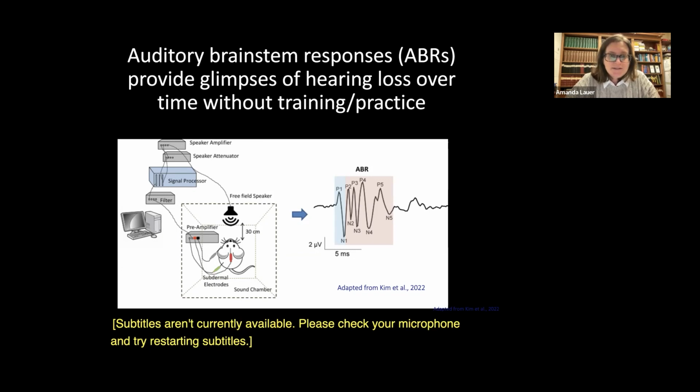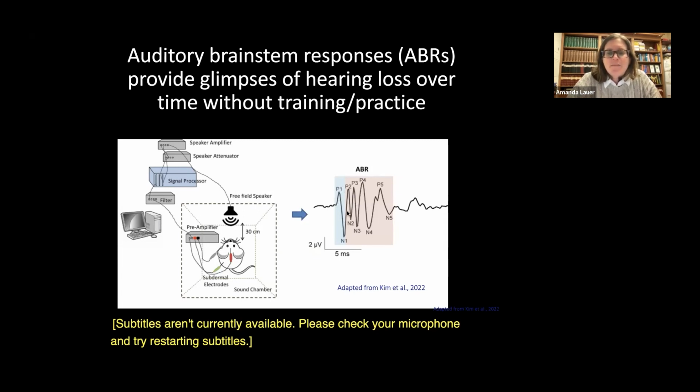So we use the auditory brainstem response measurement, a very common measurement of hearing in animal models because of its efficiency. It's basically just putting 3 subdermal needle electrodes, well, I should say 2 on the scalp and 1 in the hind leg. And we just play sounds and average the response. This is very similar to the clinical ABR, except that we get a bigger signal to noise than what you would get in a human because of the small size of the mouse head and the lack of substantial cortical tissue generating responses compared to humans.